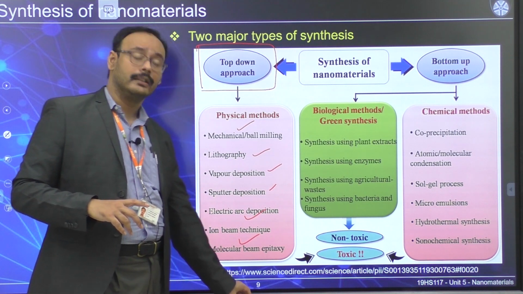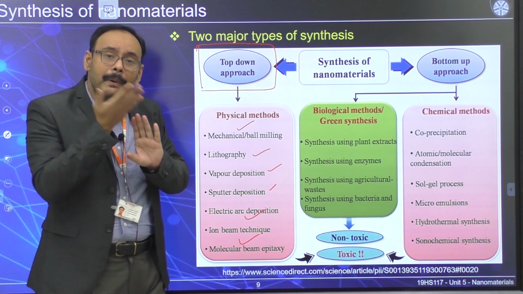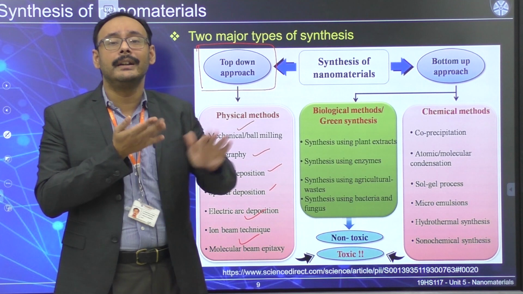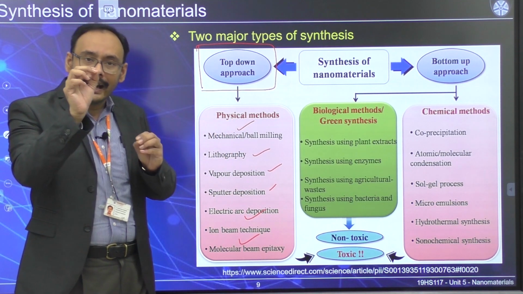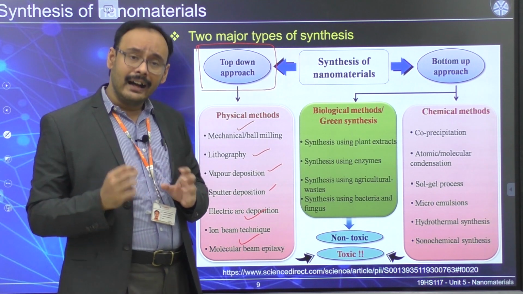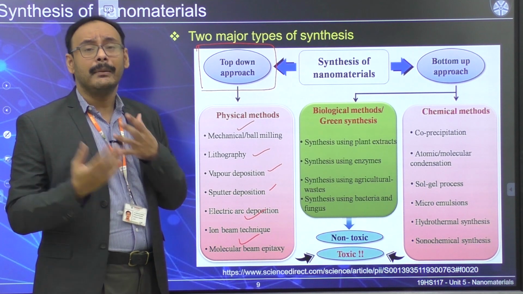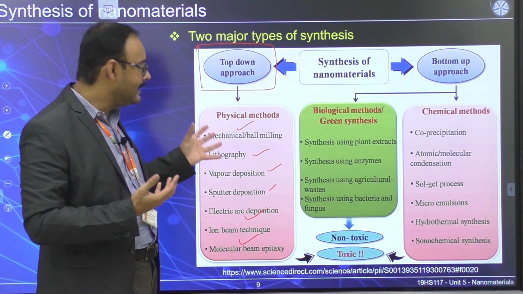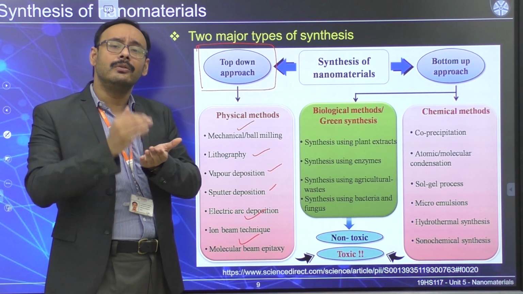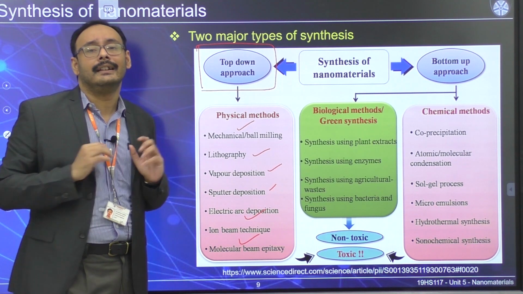What is the goal here? In all the cases, our goal is very simple. You have the bulk material, by some way or the other. From the bulk material, you are cutting it in such a way that you are going to get the nanomaterials. Most of them are considered physical methods because there are not many chemical reactions happening; in this case, essentially none. You have a bulk A, and you cut it down to the level of nanoscale.